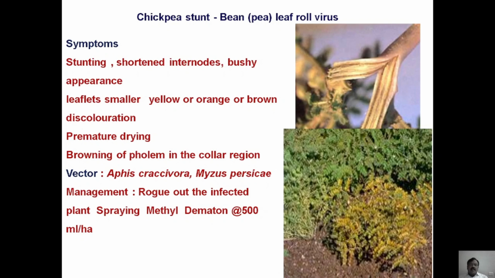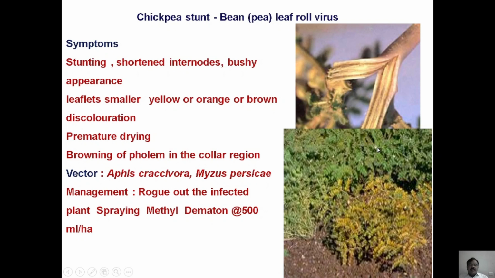Due to shortening of internodes and reduction in the leaf lamina, infected plants have a bushy appearance. The leaves may turn yellow or show orange discoloration, and ultimately this leads to premature drying of plants. It also produces brown discoloration in the phloem region,